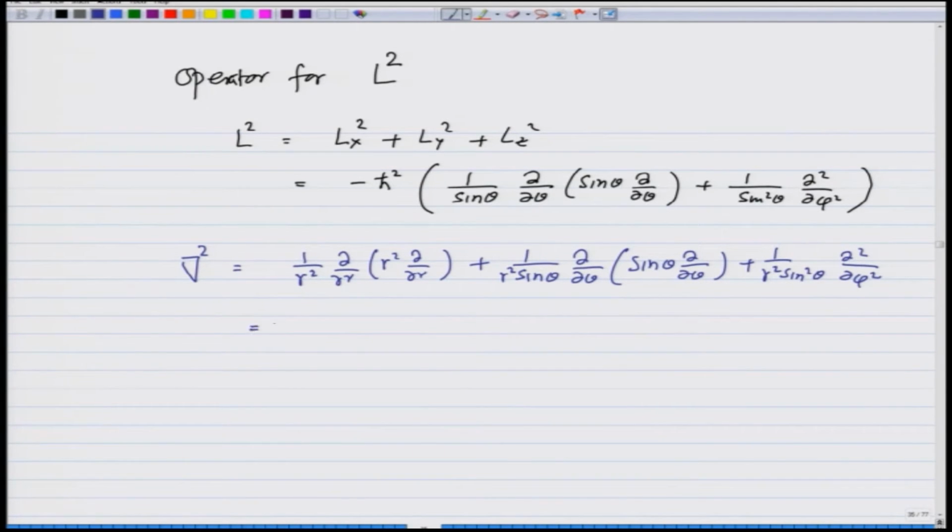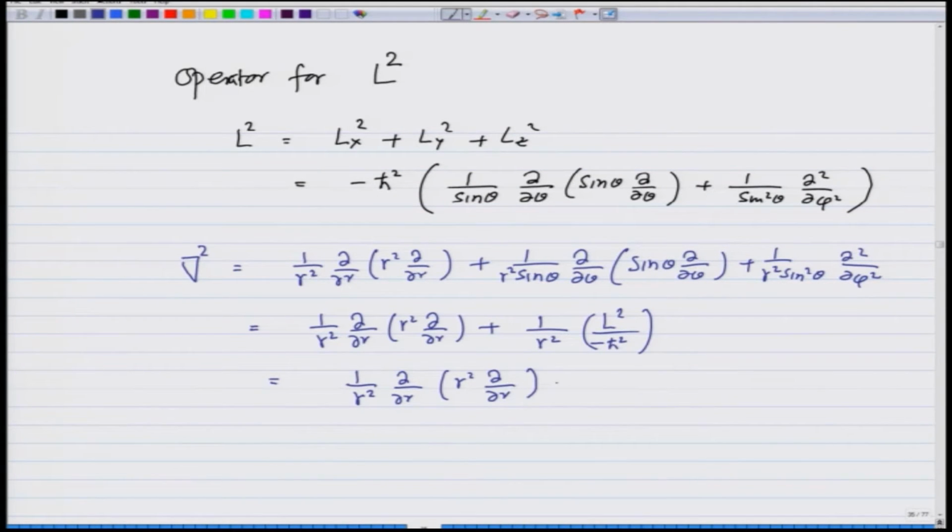So, you see that this is equal to nothing but 1 over r square d by dr r square d by dr plus 1 over r square and the operator for L square over minus ħ square. So, I can write this del square as 1 over r square d by dr r square d by dr minus 1 over ħ square r square L operator square, and consequently